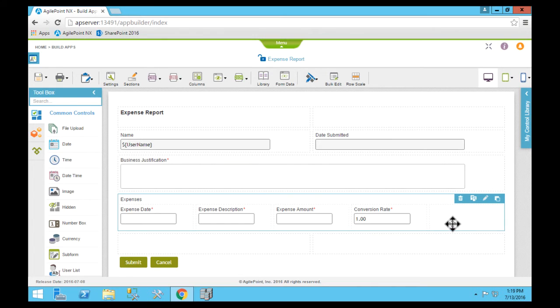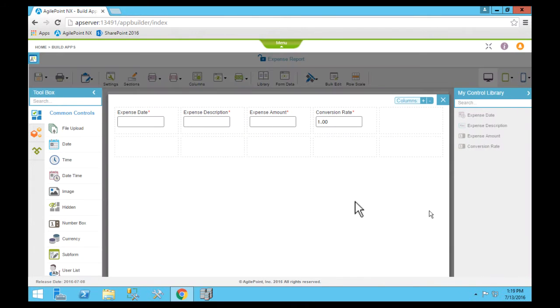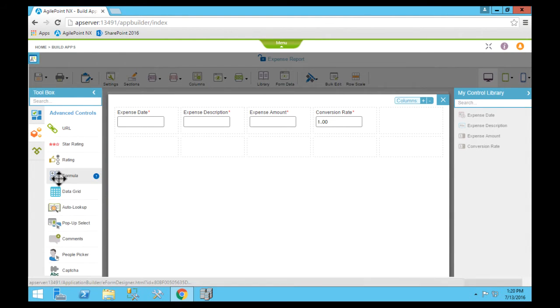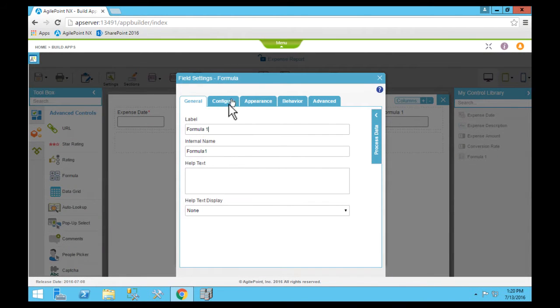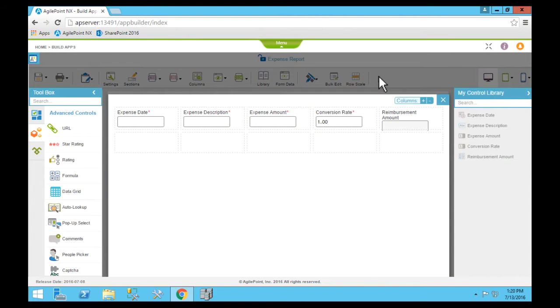In this scenario, we're going to begin by adding an additional calculated control to the expenses subform. I'm going to click on the advanced controls and scroll down. I'm going to drag a formula control into the last column. And this will be the reimbursement amount. The reimbursement amount will be the expense amount times the conversion rate to get the amount that will be paid